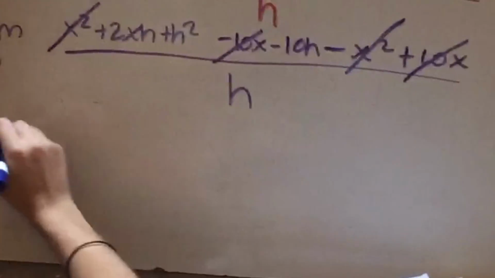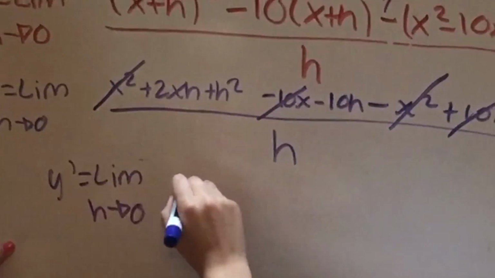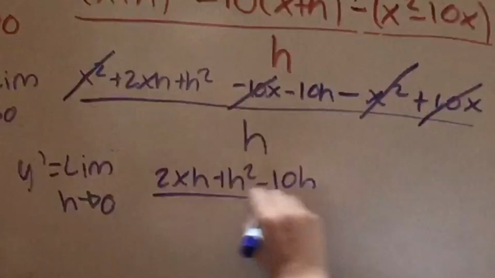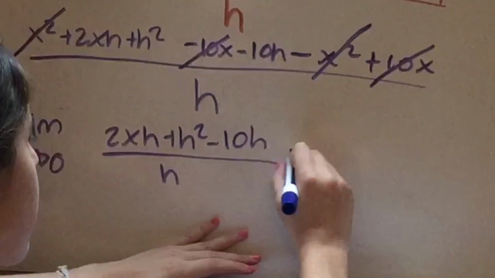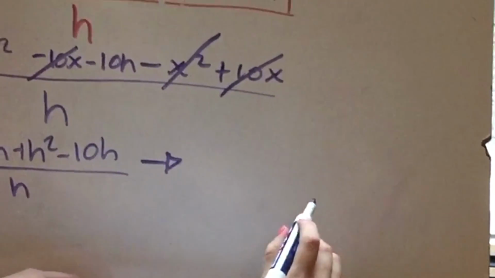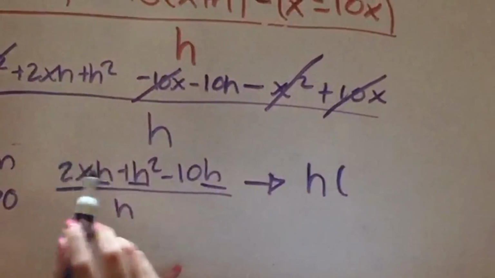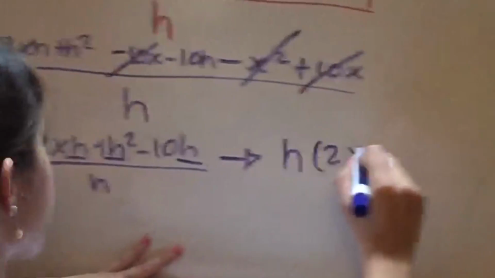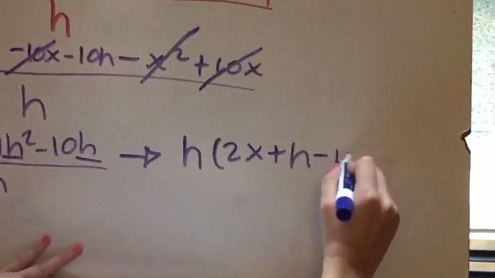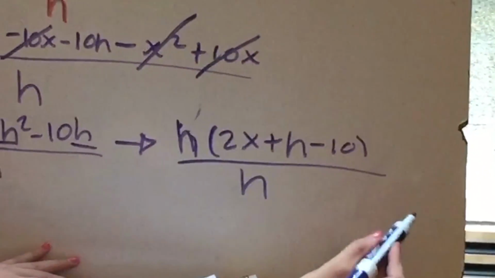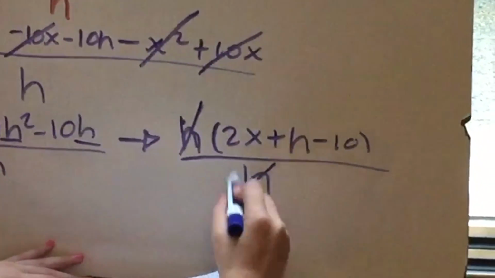So we are left with 2xh plus h squared minus 10h over h. And what we're going to do is get that common number outside so that we can then cancel. So we're going to get the h out because in every single one of them there's an h. So we're left with 2x plus h minus 10 over h. So then we're left with this problem, which the h's will cancel. So our final answer will be